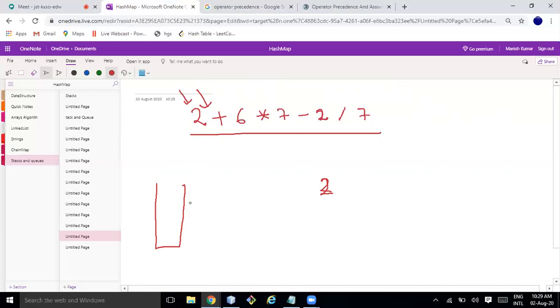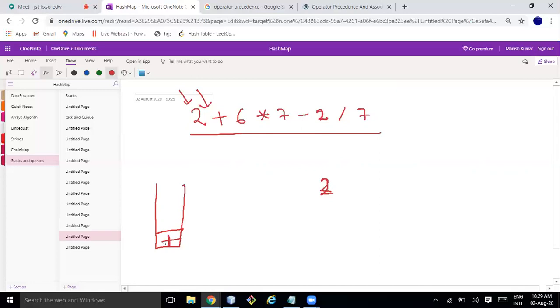You compare the top element of the stack with this plus. The top returns null, so checking null with plus, which has higher precedence? Plus has higher precedence, so you push that plus.